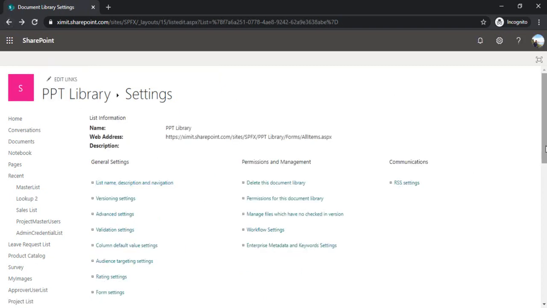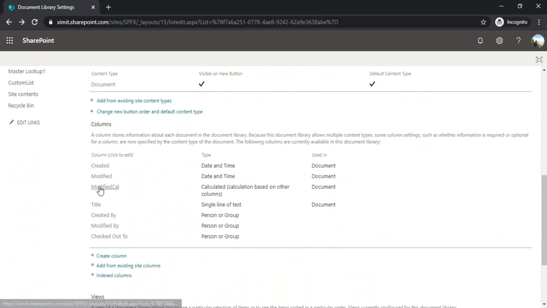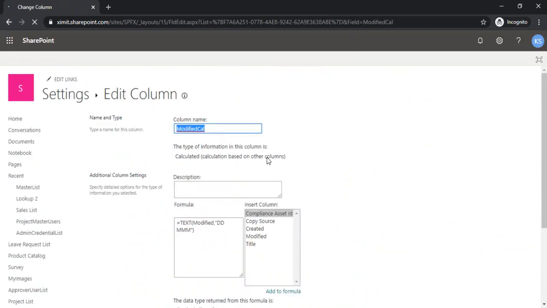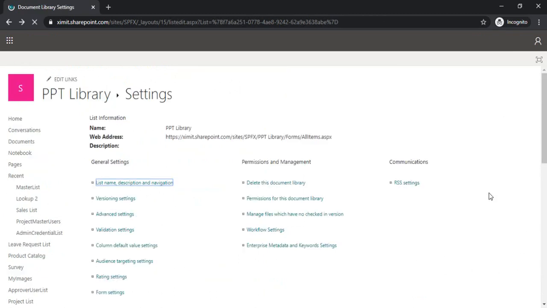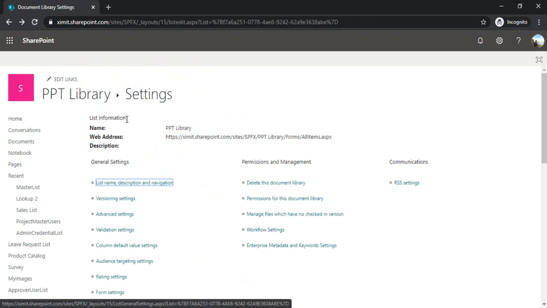After that, you need to scroll down and you can see I've created one modified cal. This is a calculated column. I'm clicking on it. In the formula, I've used the same modified date, but with the date formatting as DD so that it can display the date like 1/01 May. That's how you can format that date, because formatting in JSON could be difficult. So you can get that handy with your calculated columns. This is just an idea. It's not that we should be creating calculated columns to make it work. You can do that in JSON as well.